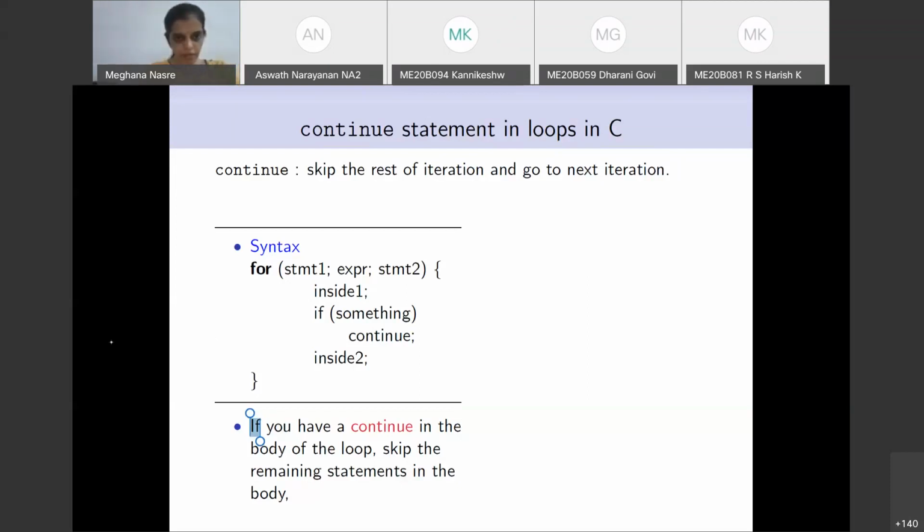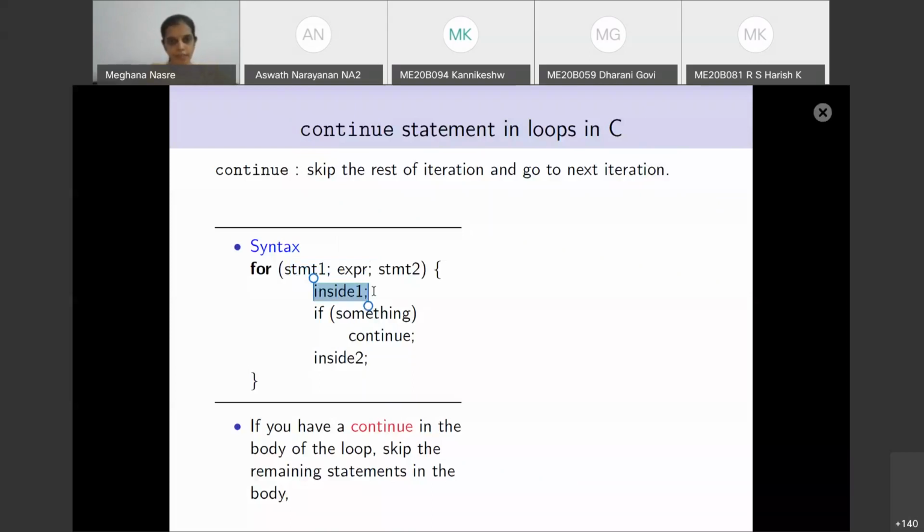Sorry, I don't think my annotation is working. Okay. So we have this statement 1 which will get executed. Then there is this test expression which we are testing. Assuming that the test expression is true, we go to the inside statement, which is going to get executed. And if there is some test condition, again this will be some expression,